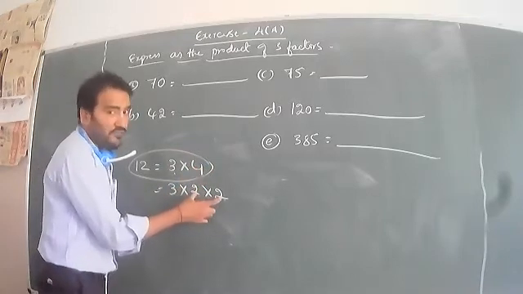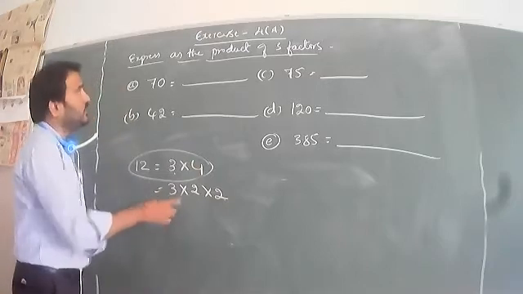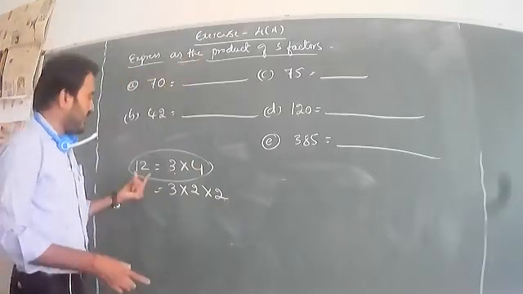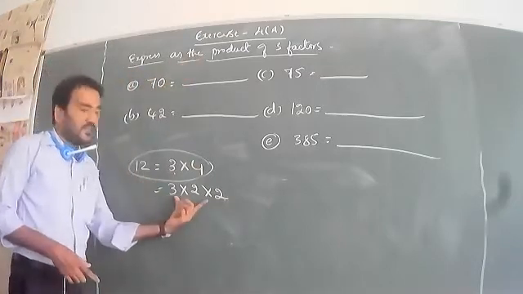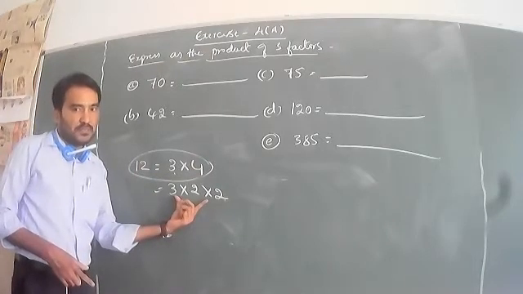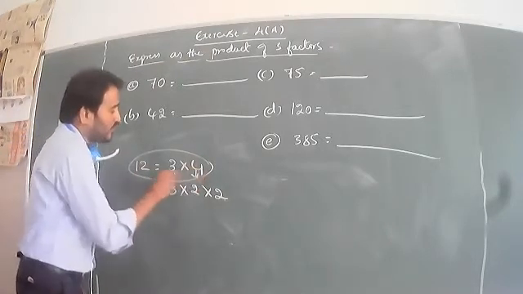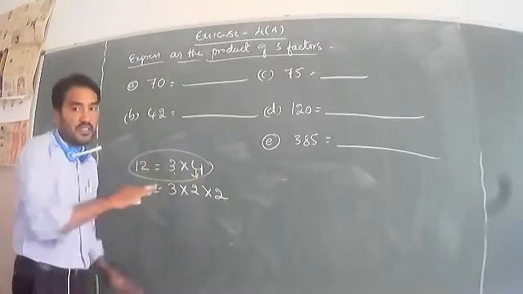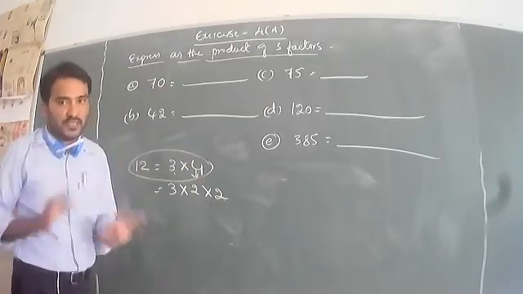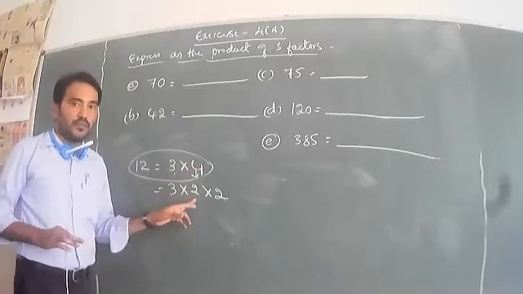So first two factors, and then a composite number we can take the factors of. So it is expressed as a product of three factors. A student asks: why did 3 not come? 3 is a prime number, we cannot take it, the only factors are 1 and itself. Composite numbers we can take factors.